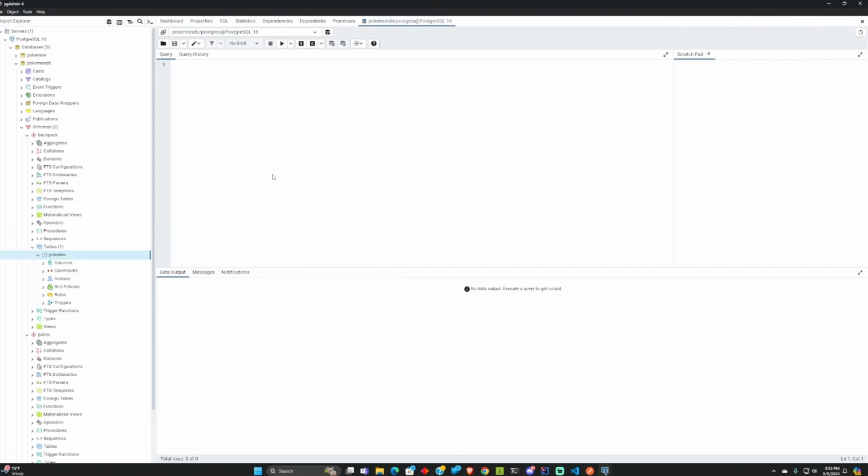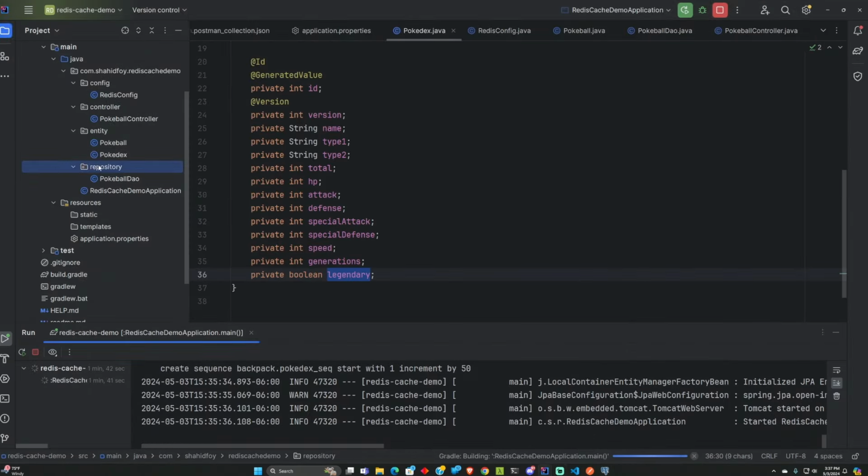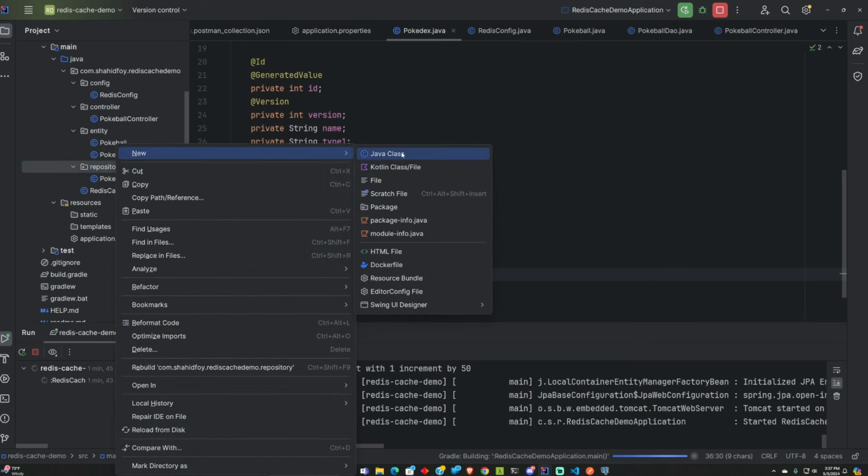Can run a query on it. And it shouldn't pull anything up. So we want to do select all, whoops, from backpack. Yeah, there we go. So now we can see the table and all the columns we created. So the next thing we're going to do is create the repository interface so we can interact with this database here. All right, so back at our source code, let's go into the repository package and create a new Java